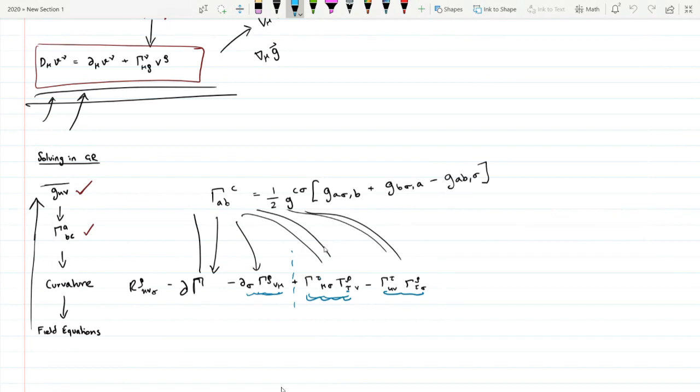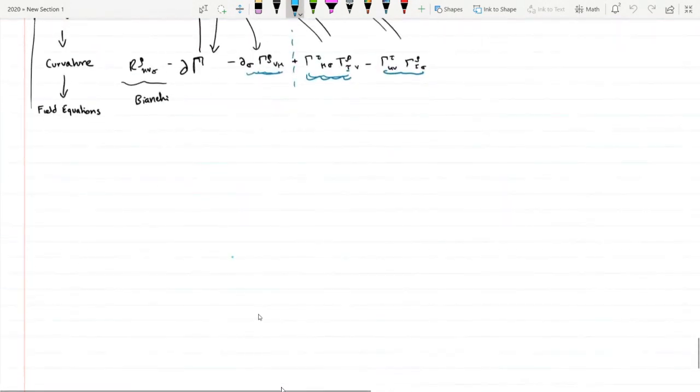You also have identities for this thing. Once you have this big thing, there are various properties of it. You can go online and Google. They're called the Bianchi identities if you want to work with them, but they're not particularly interesting for us right now. There are various symmetries that this big tensor with 256 equations has, which is that if you interchange two